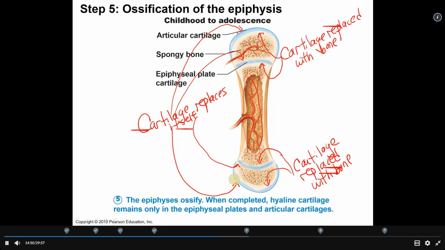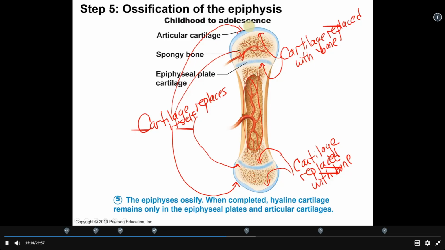So the cartilage replaces itself. If you think of this kind of as a battle, where the bottom of the wedge facing the medullary cavity, that's the battlefield, and the cartilage soldiers are dying, they're being replaced with bone here. But on the other side of the wedge, the cartilage is bringing in new troops,